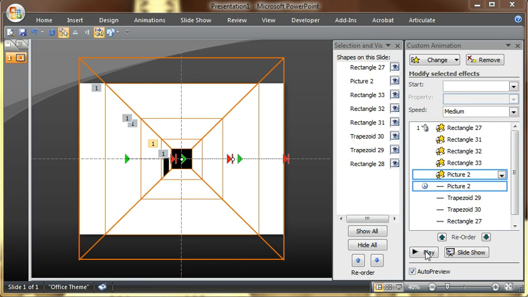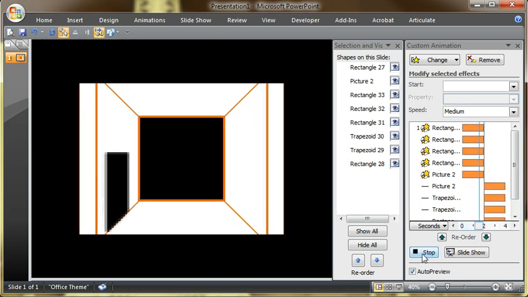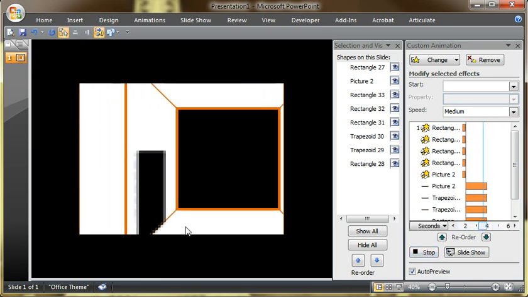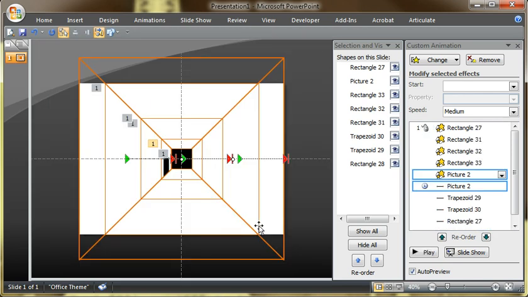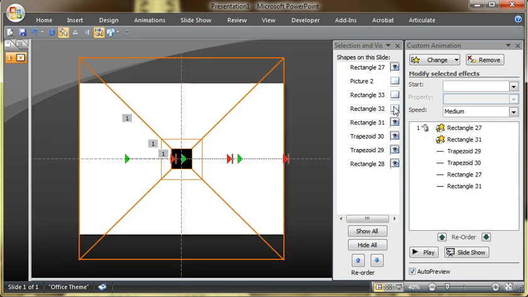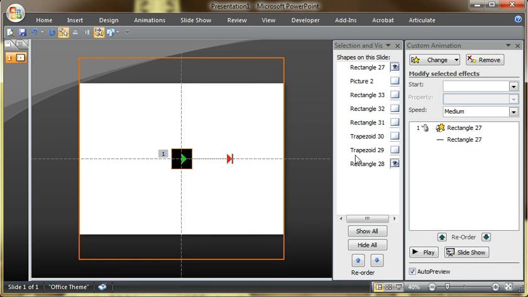So I'm going to start by hitting play real quick and you can see we're going to walk down the hall and then we're going to turn into the very last door over here, which is the only door at the moment. So in order to create this, I actually started, let me take off some of the unnecessary stuff,